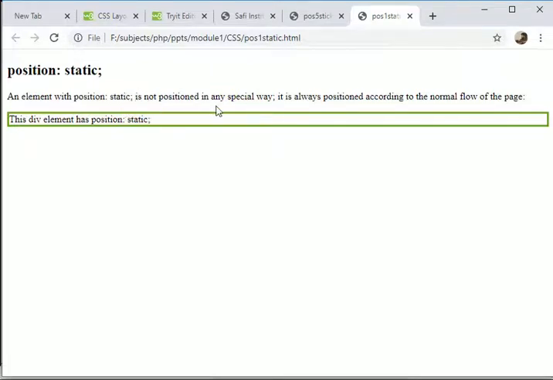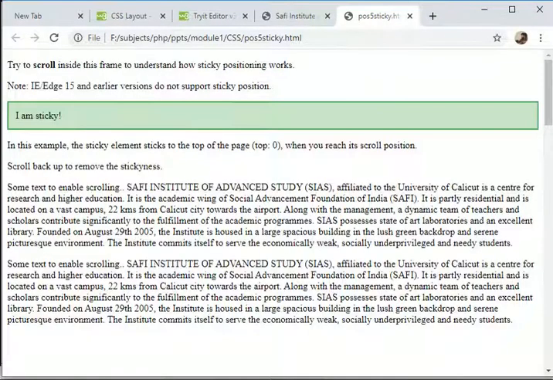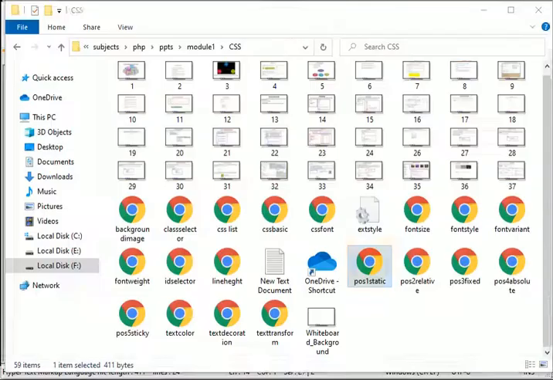Static is not positioned in any special way. It is always positioned according to the normal flow of the page. Then our next topic under the position property,